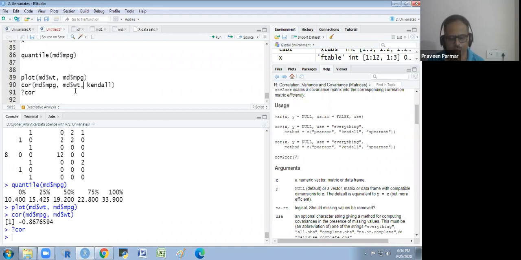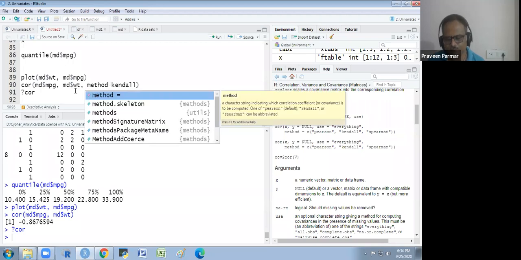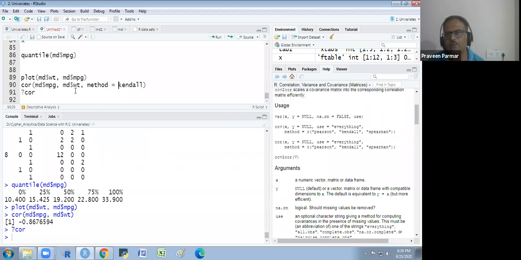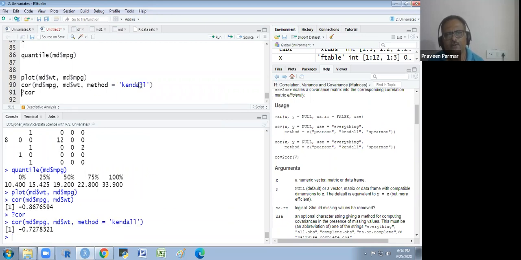Method I will write here first, and I have to put it in quotes. So it is 0.72. But the Pearson is 0.86, because it is continuous data, so we will use the Pearson. If you get stuck somewhere you could also search on the net, but you will get everything here. No problem. You just put the question mark, then write whatever the function is.